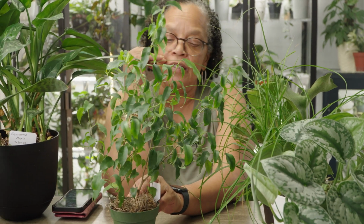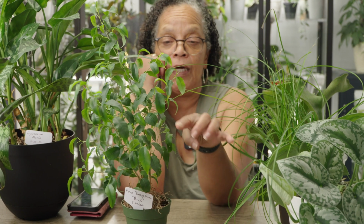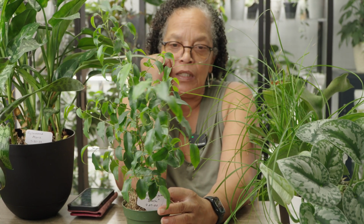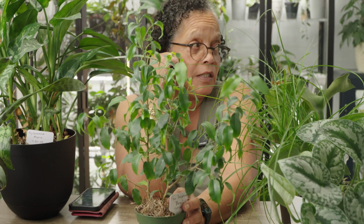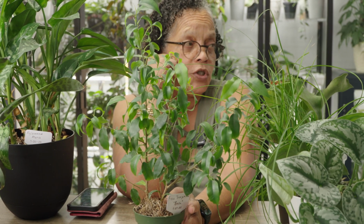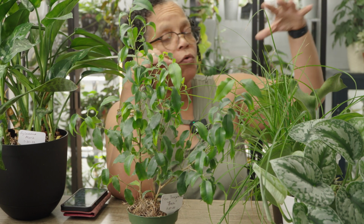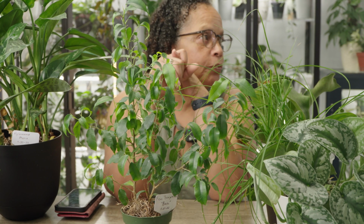The next plant that I wanted to show you is the Ficus benjamina. Now, I've had this Ficus benjamina for about 2 years, but let me tell you that when I got her, she was about this big. Now, what I did notice about this plant is that she is kind of low light. She does live in this plant room. She stays on the shelf over here in the corner, and even though there is a grow light there, she's hidden behind a jungle boogie